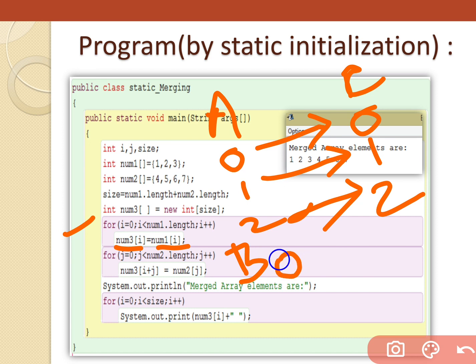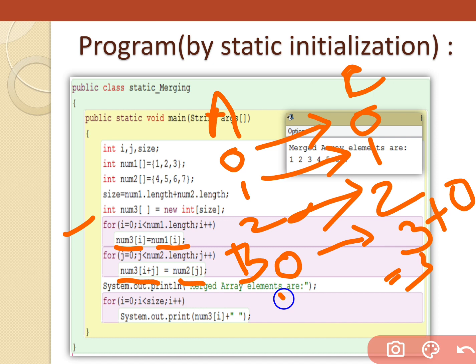B starts from 0 and C moves on from 3. That's why I had written I plus J. I is already 3, and 3 plus 0 is 3, which means the third location. And num2[j] provides the 0th element into the third location.